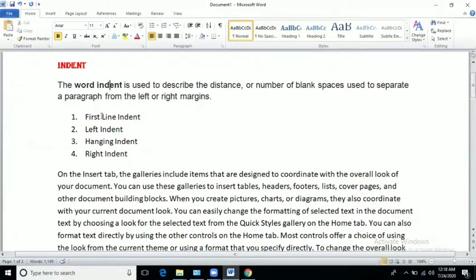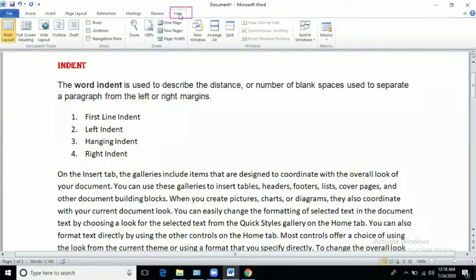From where will you show your ruler? At present you can see the ruler is not here. What you will do, you will go to the View tab, or you can say the View ribbon. When you click on the View ribbon, you can see different groups here.